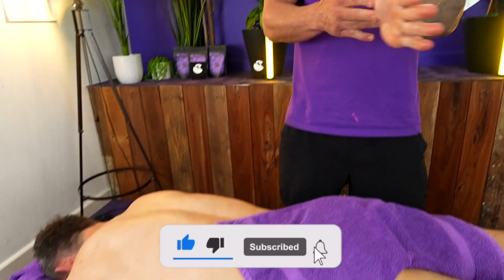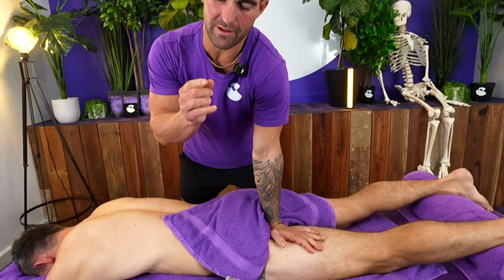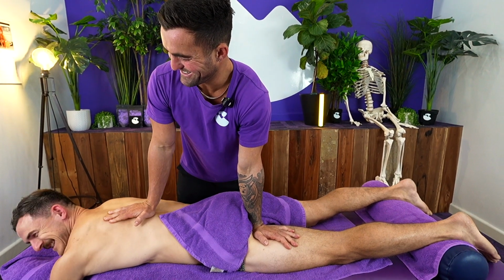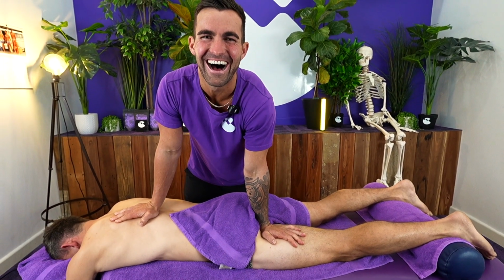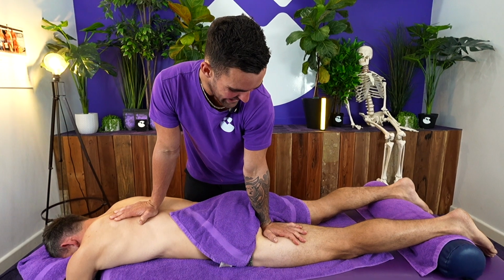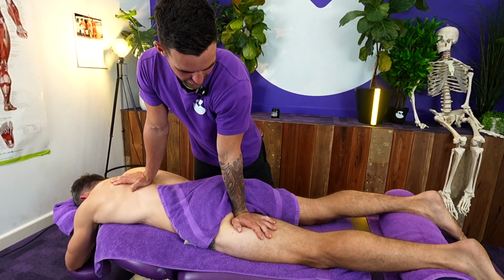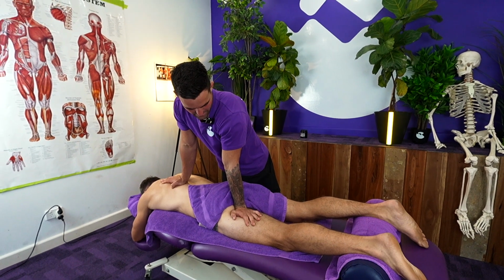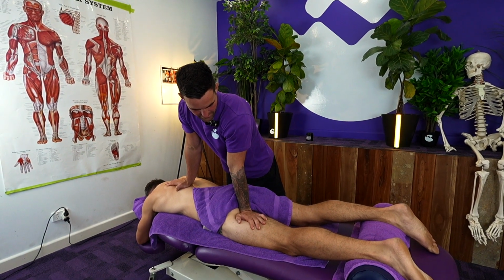Is that right, Jace? Yeah, about that. And it just keeps sort of tightening up on him or having little twings or twangs. That's all right. It's a bit of a ninjaism. So I'm just going to show you how, focusing on these thick muscles through his hamstrings, his semimembranosus, semitendinosus,